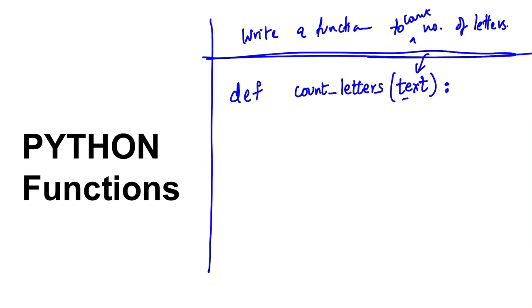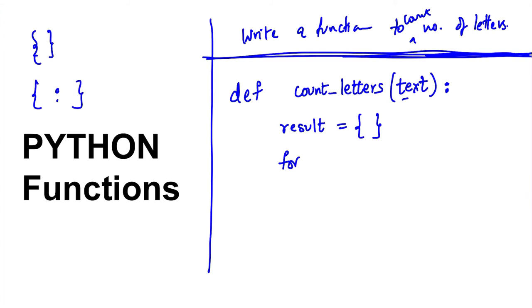So let me just separate the question from the code. Now we will be starting it. I have created a variable known as result, which is a set, and you all remember, right? This is for sets, and these brackets with colon are for dictionaries. This is for list, and this is for tuple. You all remember. If not, just go through the previous videos.